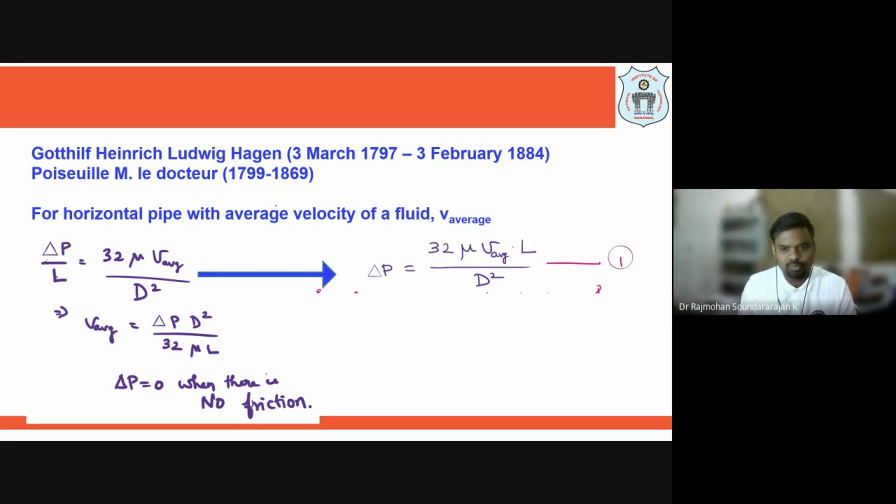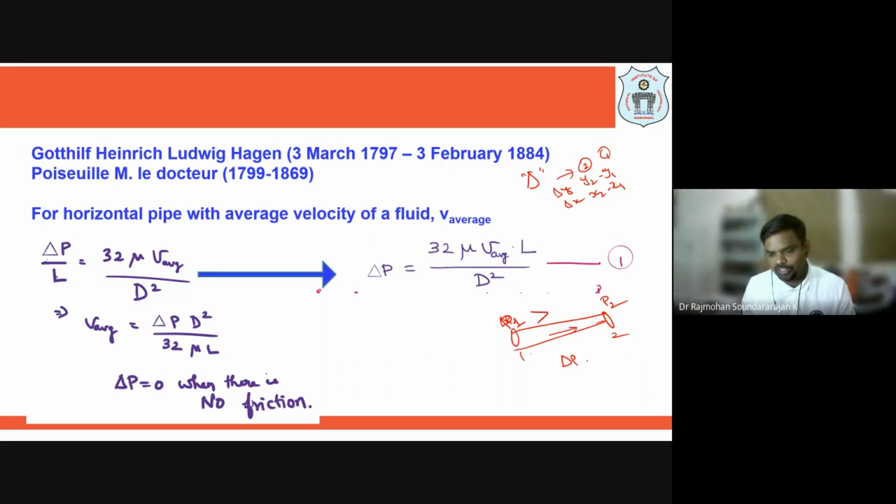Delta P is the pressure drop. Usually, in mathematics, delta refers to 2 minus 1. For example, it is y2 minus y1, x2 minus x1 is what we use for delta y or delta x. But in a pipeline, if we consider a pipeline between locations 1 and 2, pressure at location 1 is P1, and pressure at location 2 is P2. So delta P has P1 greater than P2 because there is some loss due to friction along the travel of the fluid.